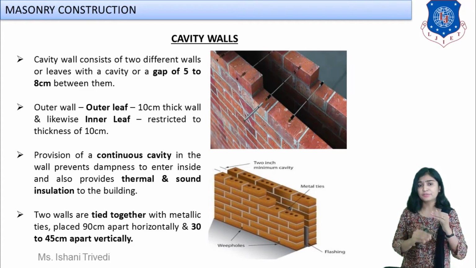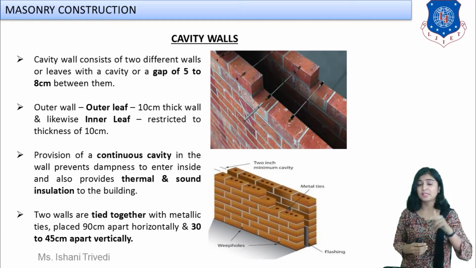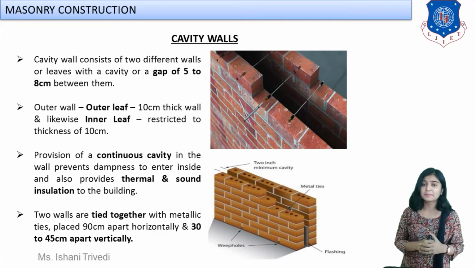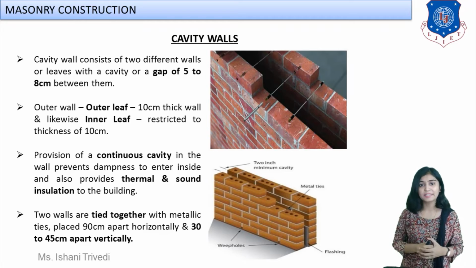Okay, then once it reaches up to the ceiling, it reaches up to the floor, it will be sealed at top, the flooring will be done, and again if you want to construct it up to the parapet level, then you can go up to that, and permanently there will be a gap of around 2 to 3 centimeter in between, and this type of construction is known as cavity wall.